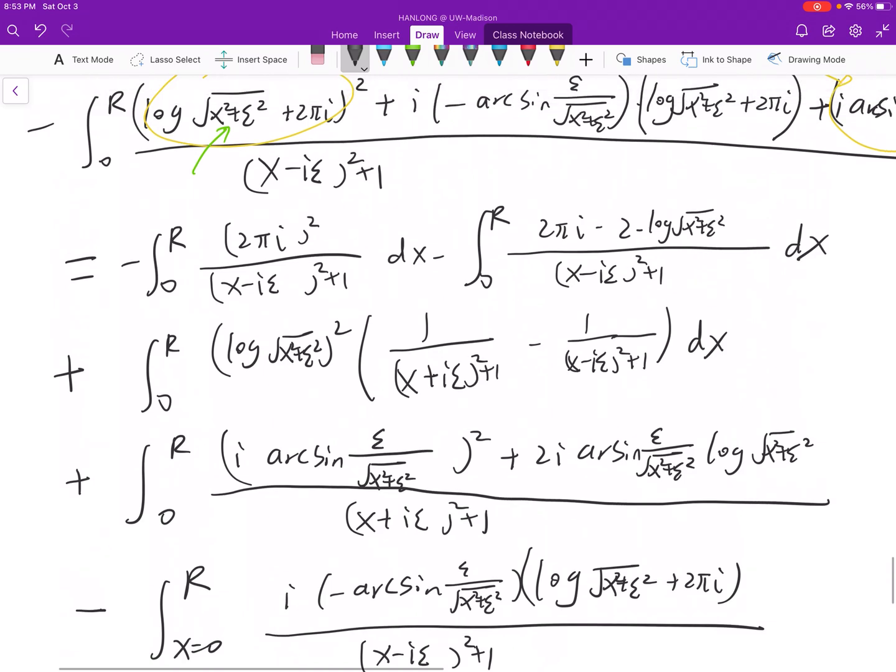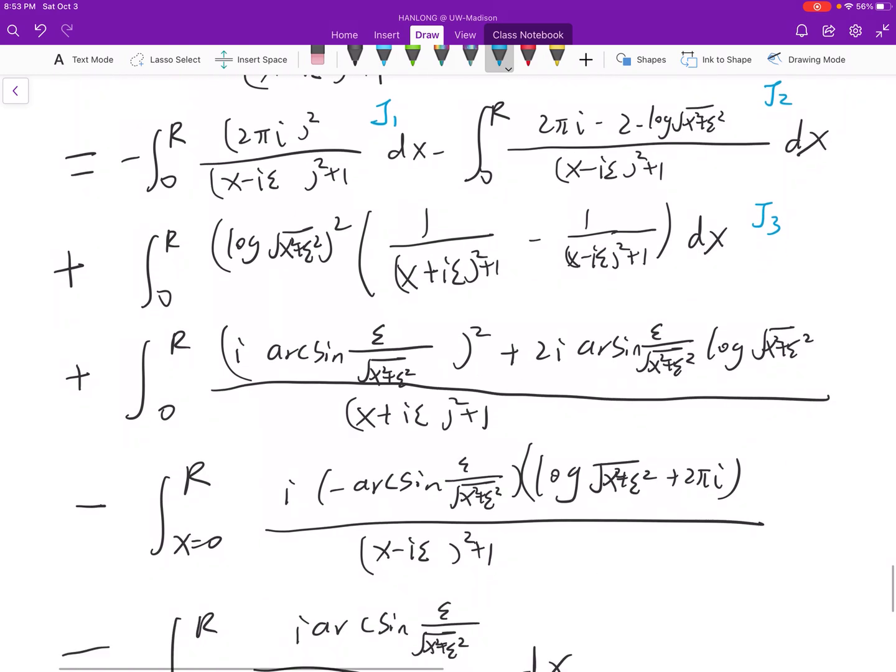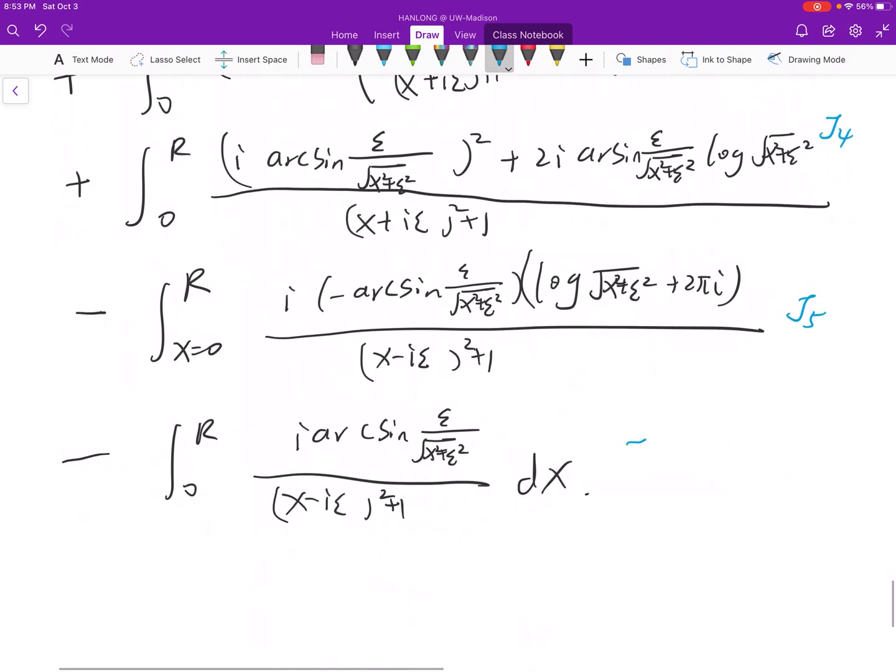Okay, now we need to estimate term by term, and so we call these J1, J2, J3, J4, J5, J6,